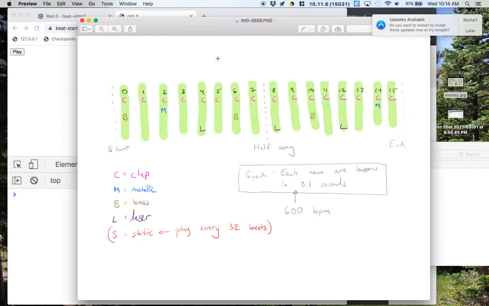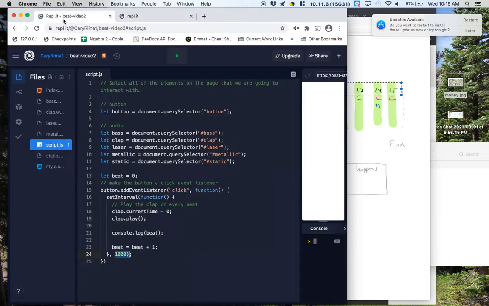But if you don't know it, then what we're going to do is create just a group of 16 beats that repeats. So 1, 2, 3, 4, 5, 6, 7, 8, 9, 10, 11, 12, 13, 14, 15, 16. But you'll notice that I actually just used the numbers 0 to 15 for these beats. It's still 16 beats. Each green thing is a beat, and what's indicated here is what happens on that beat. So on the 0th beat, we're going to play clap and bass, then just the clap, then clap and metallic, then clap and laser. But we've got a bit of a problem, which is currently, when we count our beats